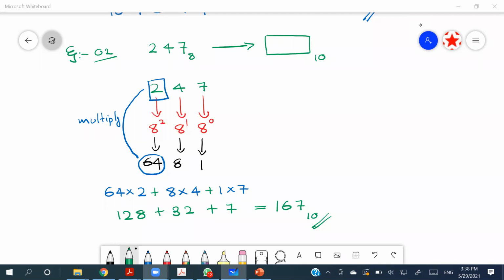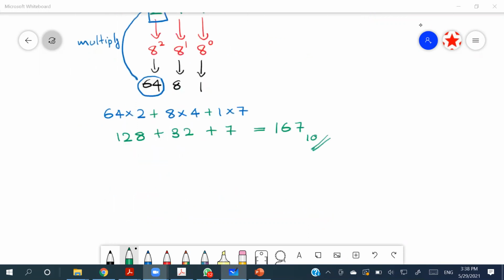Okay, here we are going to do the third example. Right, so my third example is, I want you to convert